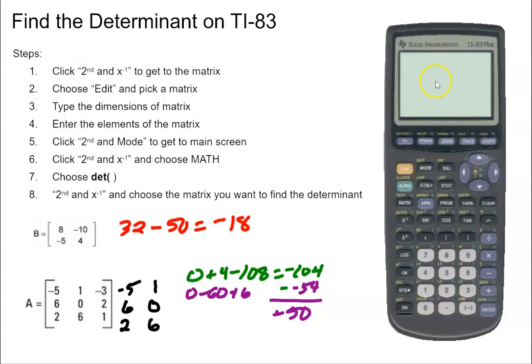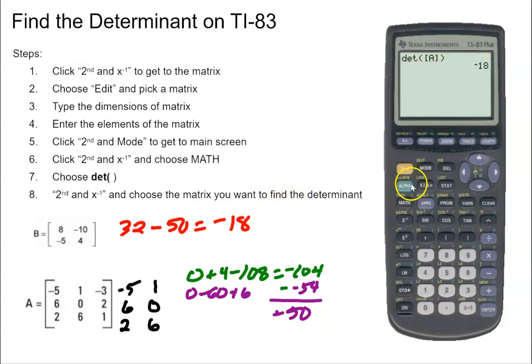From this point, to get out of this main screen, I'm going to hit second mode and get back to a blank screen. Now this is where I'm going to choose the function, the determinant function. To do that, I'm going to hit second, matrix, or x to the negative first. I'm going to go over to math, and the first option where it says DET, that's the determinant. I'm going to choose 1. And now I have to tell the calculator which matrix I'm going to use. So second, x to the negative first, and I'm going to choose my 2 by 2, which is number 1. I'm going to close the parentheses, I'm going to hit enter, and there's my determinant of negative 18,